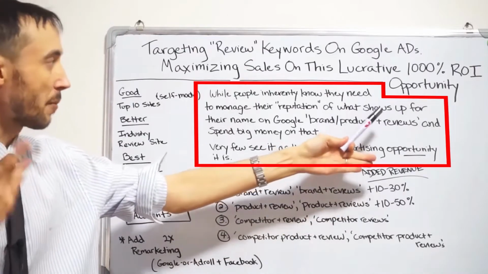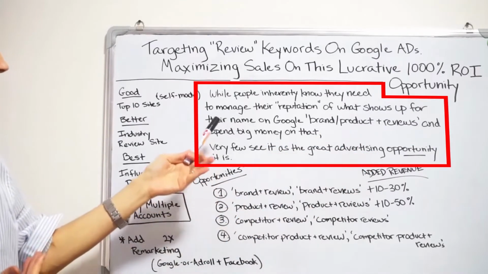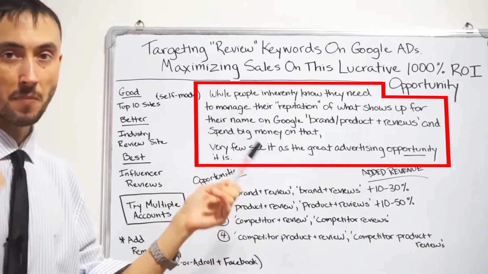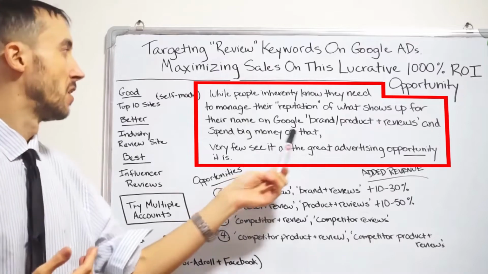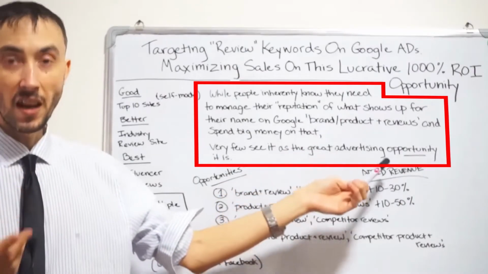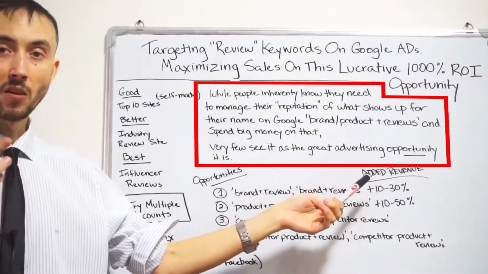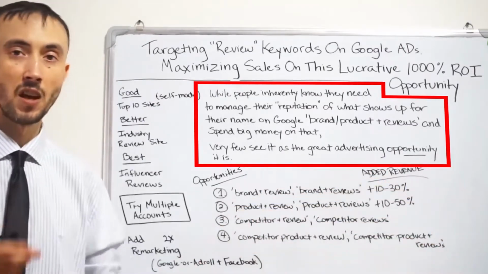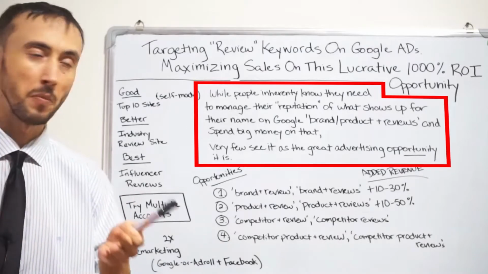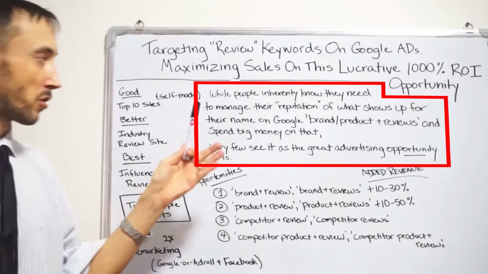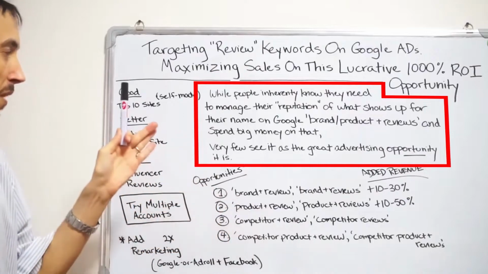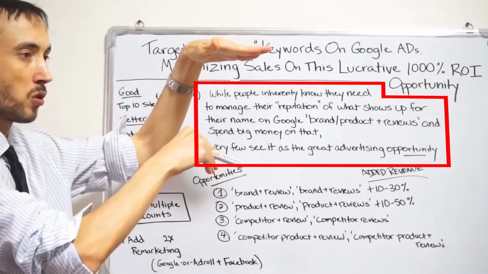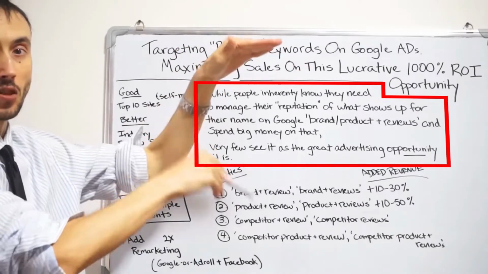They'll spend a lot of time and effort managing their reputation. Also, ideally, not just what they see when they type in your brand name on Google, but when they type in your brand or product name, or the name of a service that you've coined a specific name for, then review after it. So they're looking for reviews on a certain product or service or on your company in general. And then they'll spend big money on that, but they don't think about advertising in the top 4 spots on Google, advertising and controlling that space.